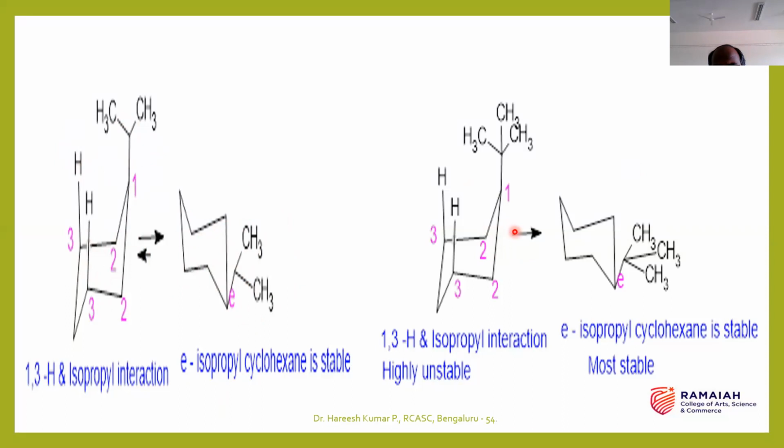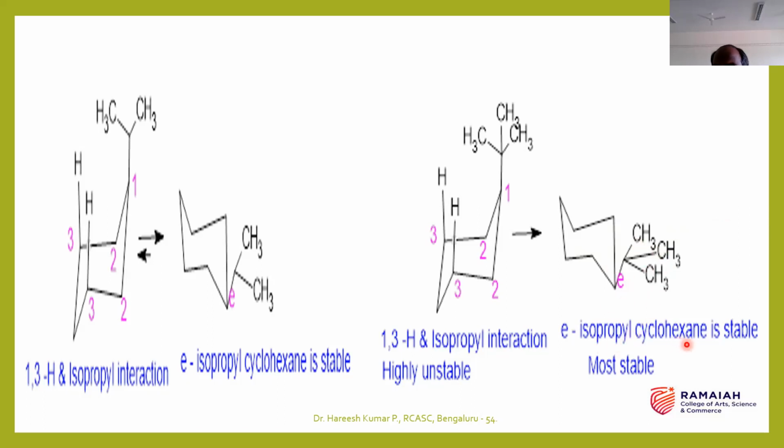So here, same thing only, no? No, it's a different one. So again, here the substituent is a tertiary butyl group. Tertiary butyl group is a bulky group, and if this bulky group is present on the axial, such one is highly unstable. So that is the reason it will try to move towards the equatorial position. So here you can observe that is an equatorial position. So equatorial tertiary butyl group, and